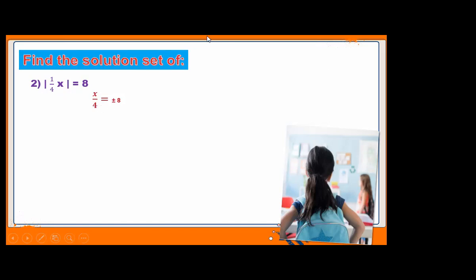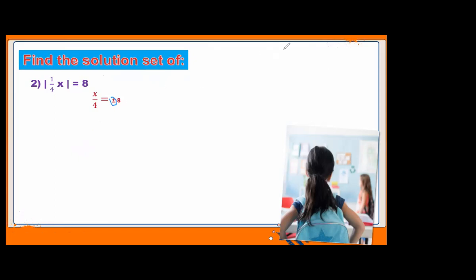You can also write it in this way, it doesn't matter, 1 over 4 x. I have written x over 4. Is it clear, beta? So by removal of mod, simply we get the plus minus sign. This is step number one. What is step number one? Remove the mod first, and by removal of mod, you get the plus minus sign.